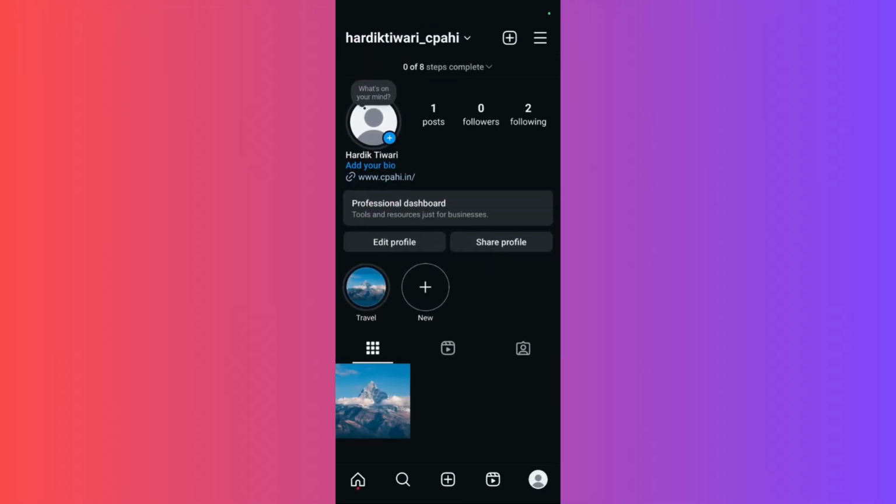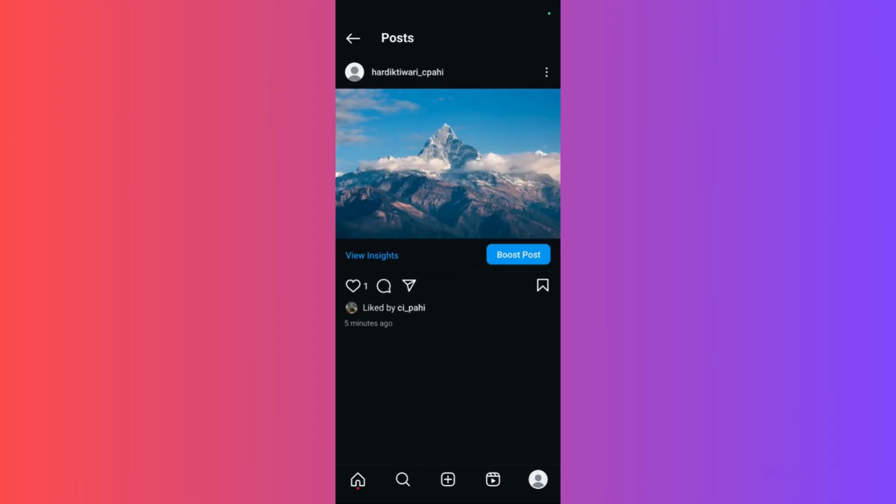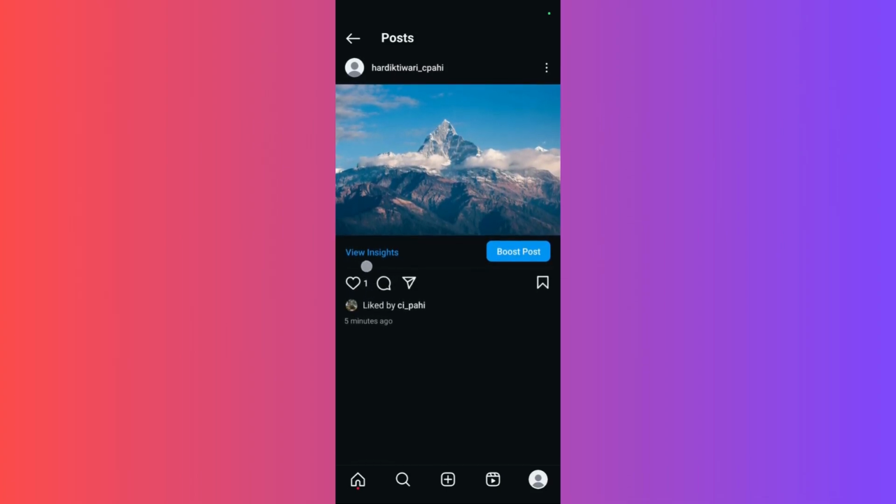Welcome to this tutorial. In this tutorial, I'll show you how you can see the number of shares your post has got in Instagram. So for example, I have posted this particular photo right here, and if I want to know the number of shares, now here you can see that it is indeed giving me the number of likes